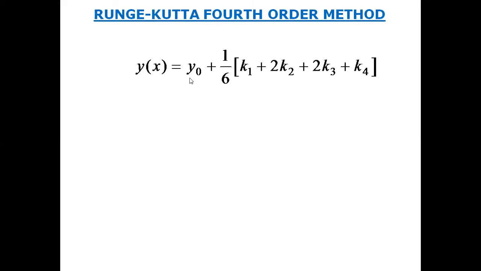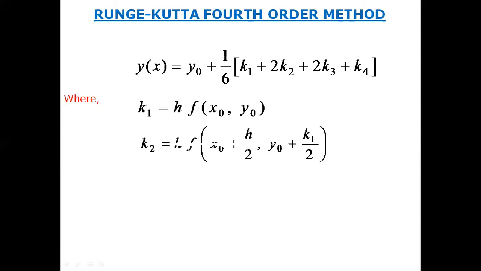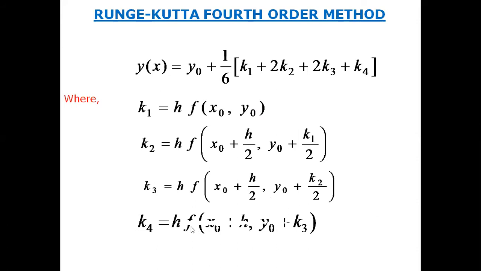It is y of x is equal to y naught plus 1 by 6 into k1 plus 2k2 plus 2k3 plus k4, where k1 is equal to h into f of x naught comma y naught, k2 is h into f of x naught plus h by 2 comma y naught plus k1 by 2, k3 is h into f of x naught plus h by 2 comma y naught plus k2 by 2, and k4 is h into f of x naught plus h comma y naught plus k3, where h is the step